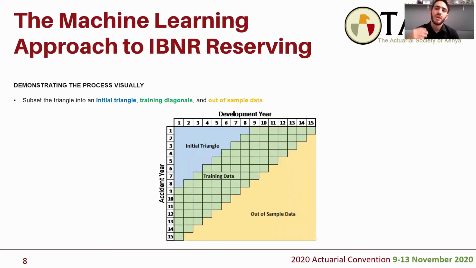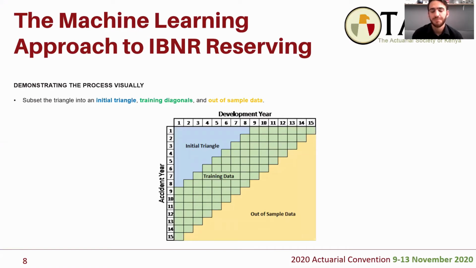So if we were to look at this visually, if you look at the triangle on screen and you take the blue initial triangle and the green training data and you look at that full triangle, that's typically what you'd have with your reserving exercise. So that's what you'd use when determining reserves, ultimate claims and reserves. And then the claim payments you're essentially trying to predict are the yellow out of sample data on the bottom